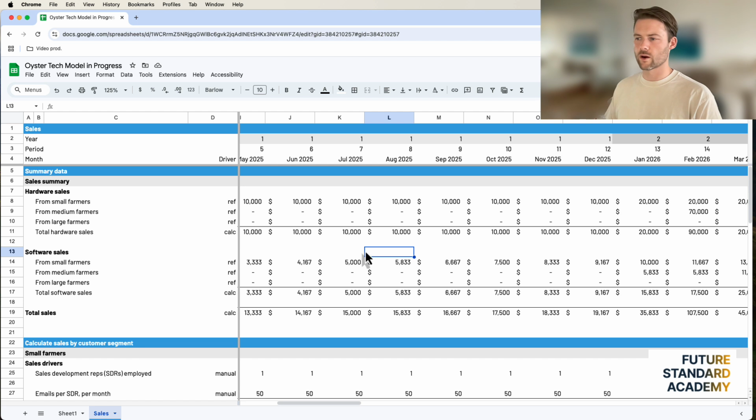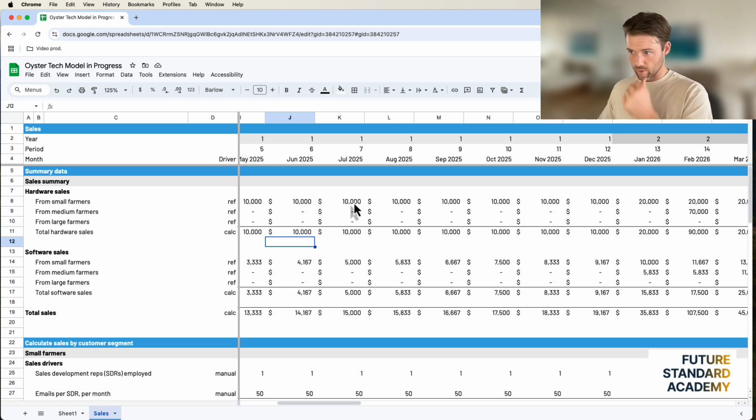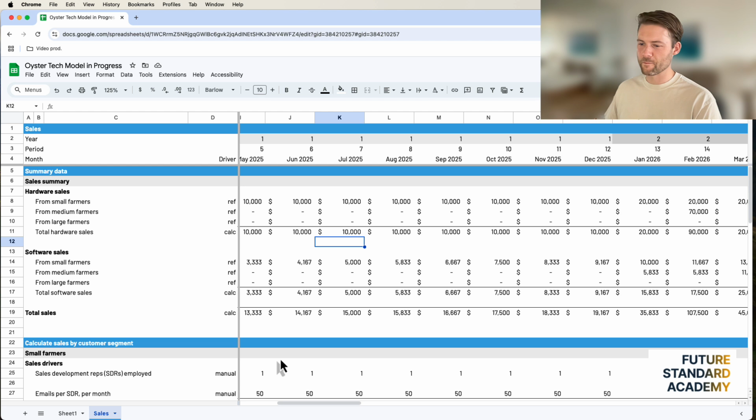There would, of course, be some repeat hardware purchases for, say, units that get damaged or units that need maintenance, or people want to expand their farms. But we're not going to model something like that that's so precise. Not at this stage, anyway. Not without actual data. Because even if there were things like that happening, you've got to think in terms of: does that matter to the model? The answer is no, right? Because even if you were going to have something like repairs and replacements and people expanding their farms, maybe that's like 20% of hardware sales, which is already only going to be 20% of total sales. So what you end up with is you're fighting over 4% of total sales, which just doesn't make sense, right? Don't care.